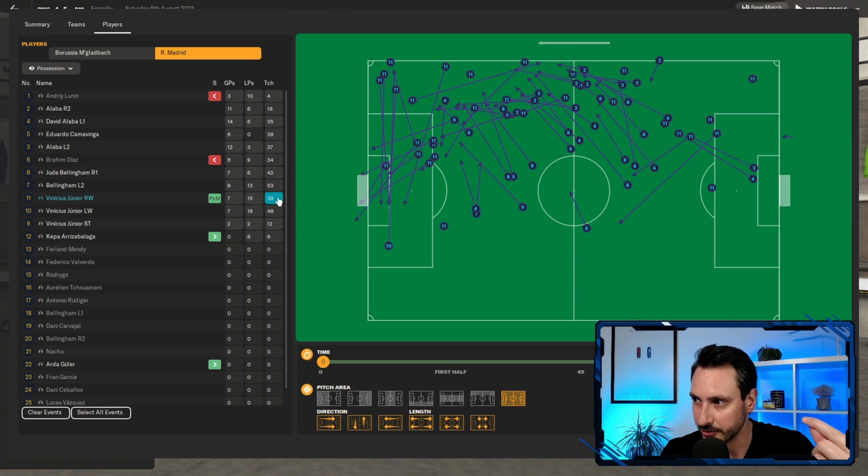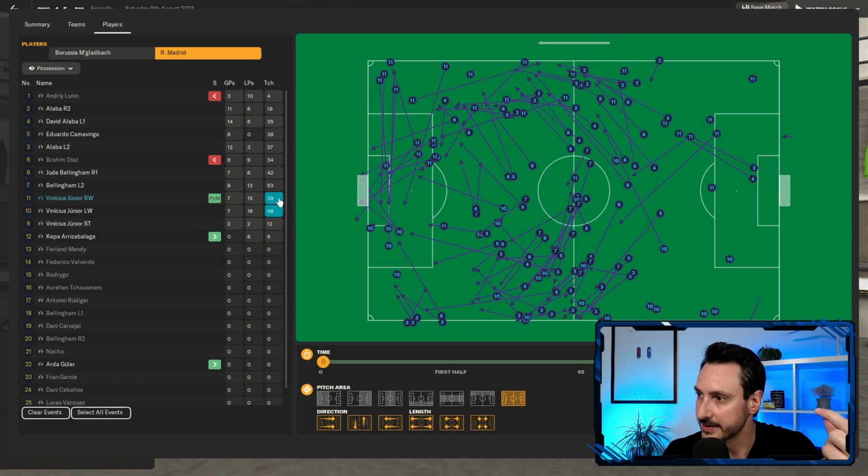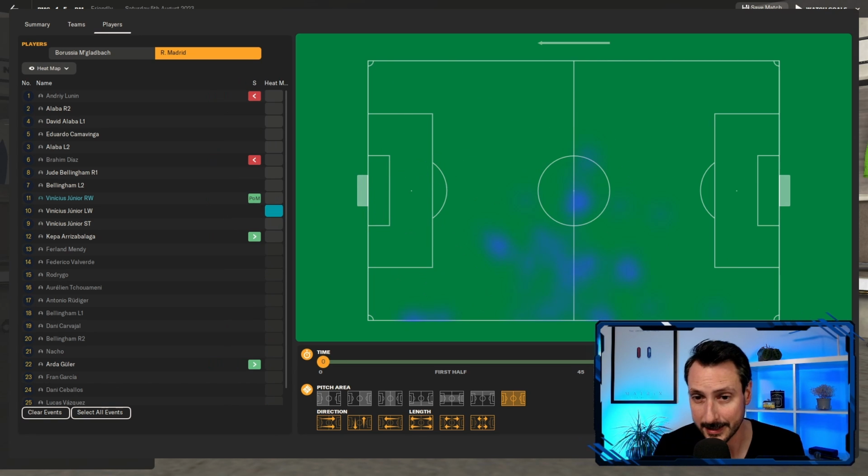While the Raumdeuter, look at his touches. Way more touches in the midfield. Check this. And in this sense, the heat map of the Raumdeuter makes sense now, right? It does. He is a playmaker. He is way more involved in build-up and in moving the ball around, finding pockets of space where he or his teammates can be dangerous,